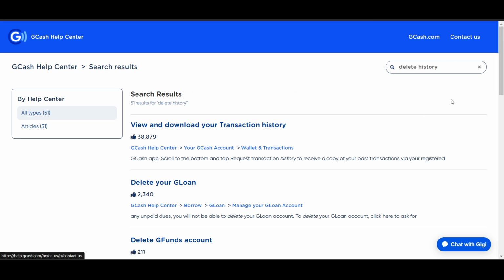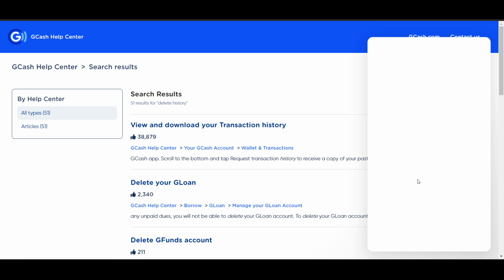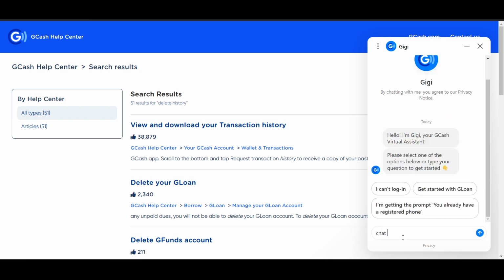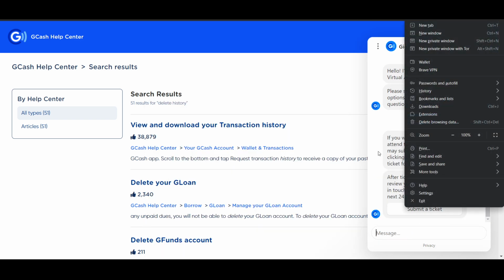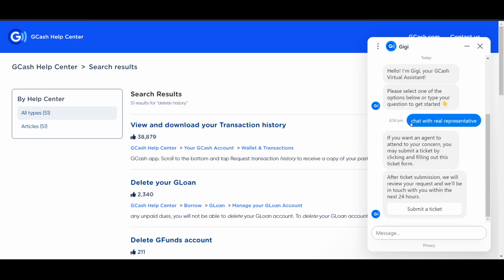But there's one option, which is that you have to chat with the representative, right? So you can go and talk to a real human, basically the GCash support here. Now just go to the chat section, and here you have to type "chat with". So here you can see that if I write "chat with the real representative", basically I have to